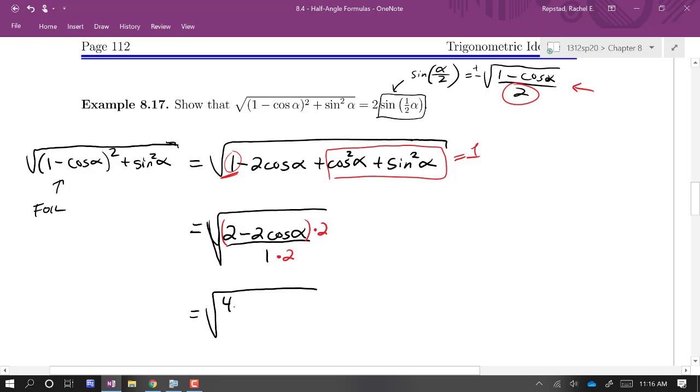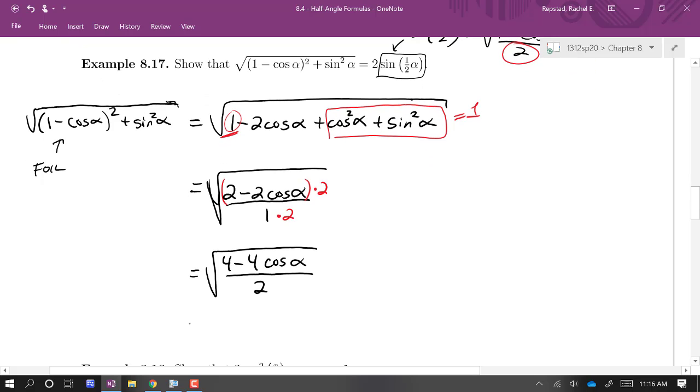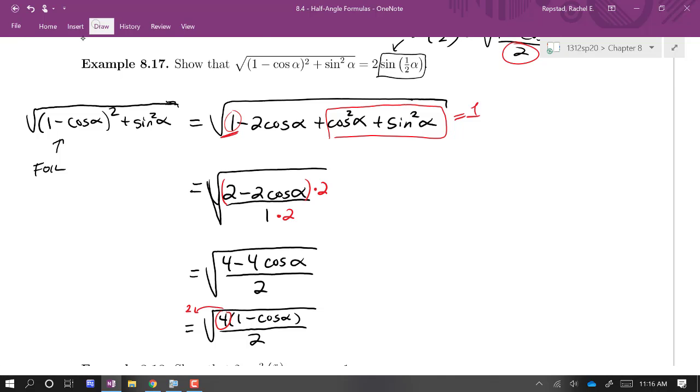So on top I have 4 minus 4 cosine alpha all over 2. I have a common factor of 4 now, so I'm going to take that out. 1 minus cosine alpha over 2. If I have a factor of 4 inside the radical, I could take it out. It becomes a 2 outside the radical. So this is 2 times the radical 1 minus cosine alpha over 2,